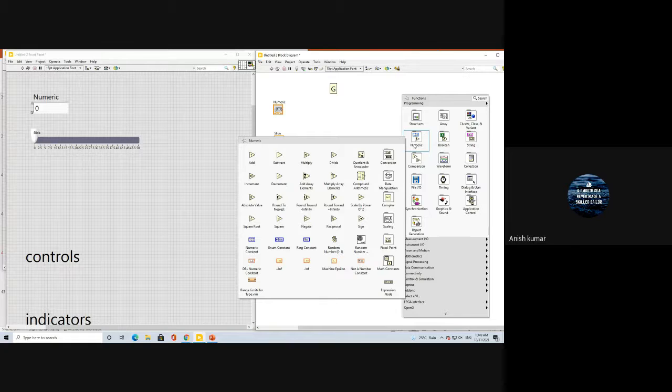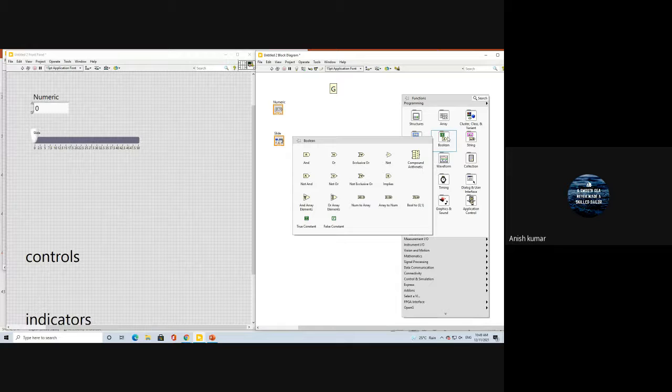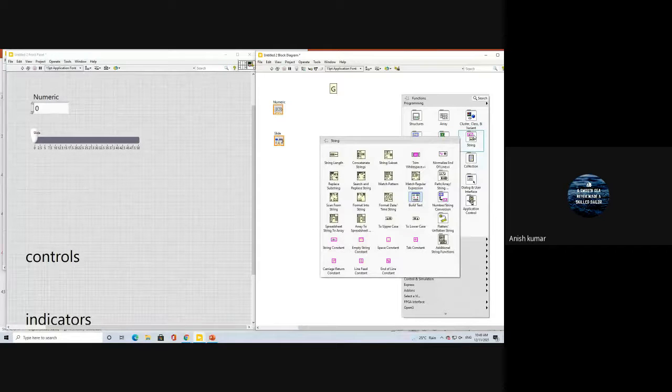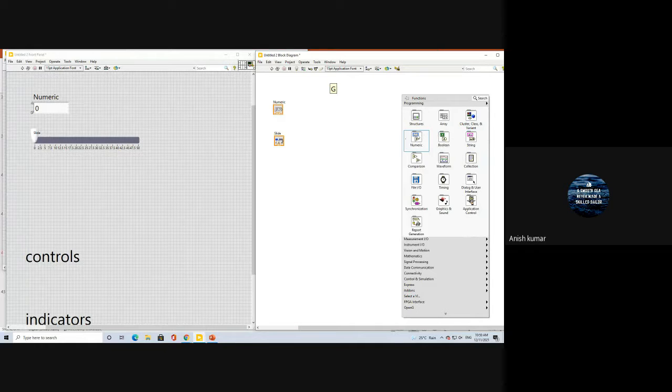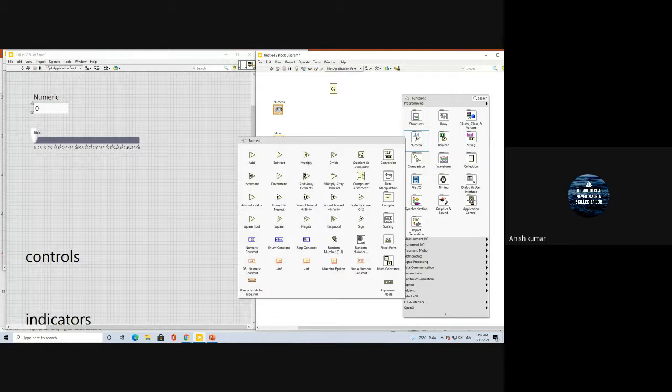So I want to add two numbers. Number means numeric, so I'm moving my cursor to numeric because I'm going to work with the number. If you're going to work with Boolean, just move your cursor to Boolean, so all logic gates are available here. Likewise, if you move to string, related to that string you will get all the values. Now we are going to just add two numbers, so I'm going to numeric. It is showing all the arithmetic functions. Let me take this add,